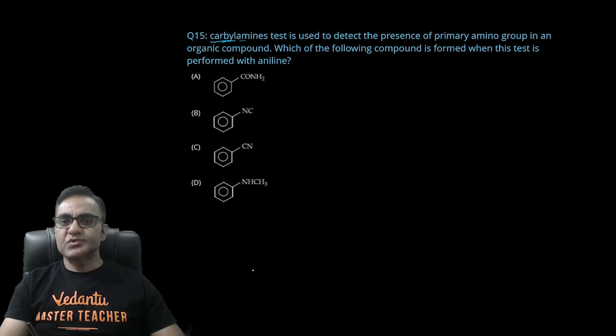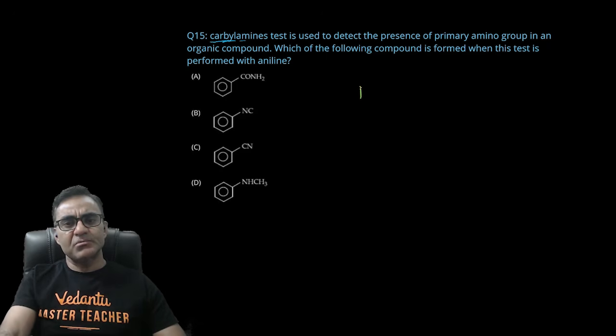Carbylamine test is used to detect the presence of primary amino group in the organic compounds. Which of the following compound is formed when test is performed with aniline? Actually ये एक बहुत कॉमन रिएक्शन है। RNH2 का रिएक्शन जब हम कराते हैं ना CHCl3 प्लस NaOH से, तो